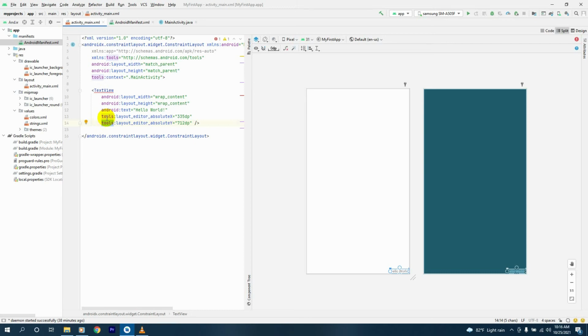So here tools:layout_editor_absoluteX depicts the value of the layout on the x-axis, and after that tools:layout_editor_absoluteY shows the layout on the y-axis. So this does not change your device look when we run the application. It only changes the look of the device components inside the Android Studio view only. So I'll remove this, and now